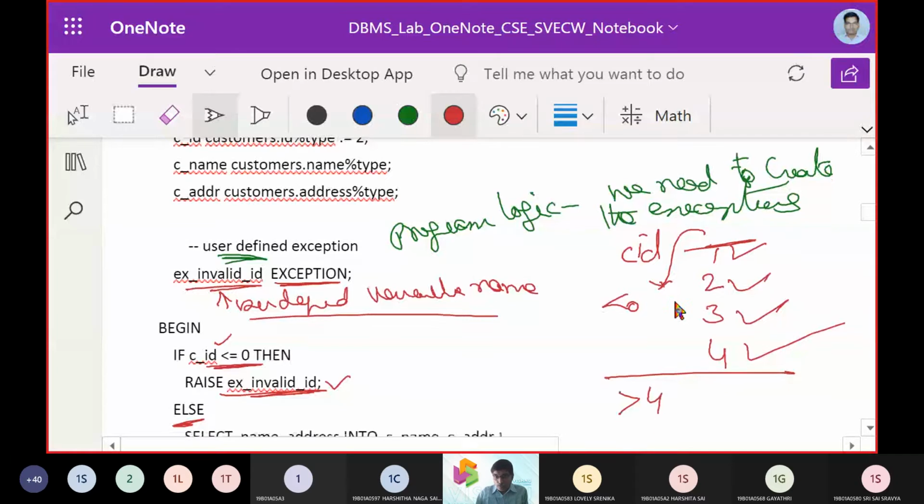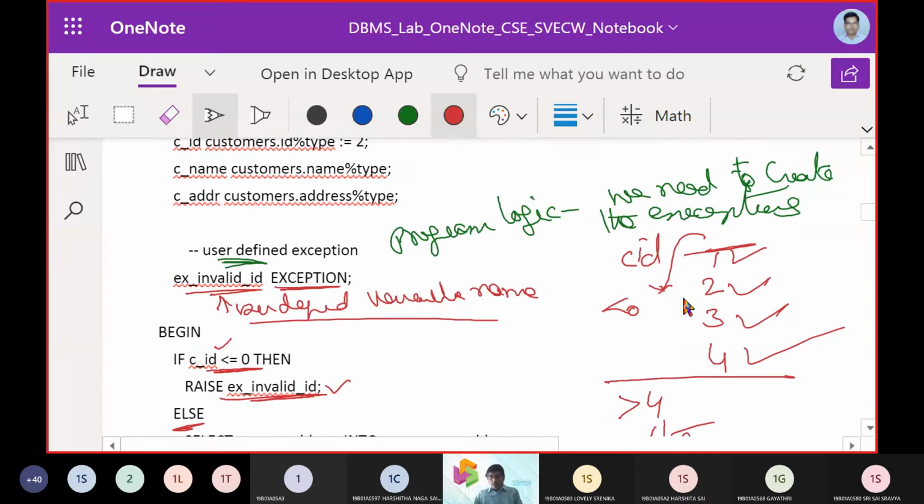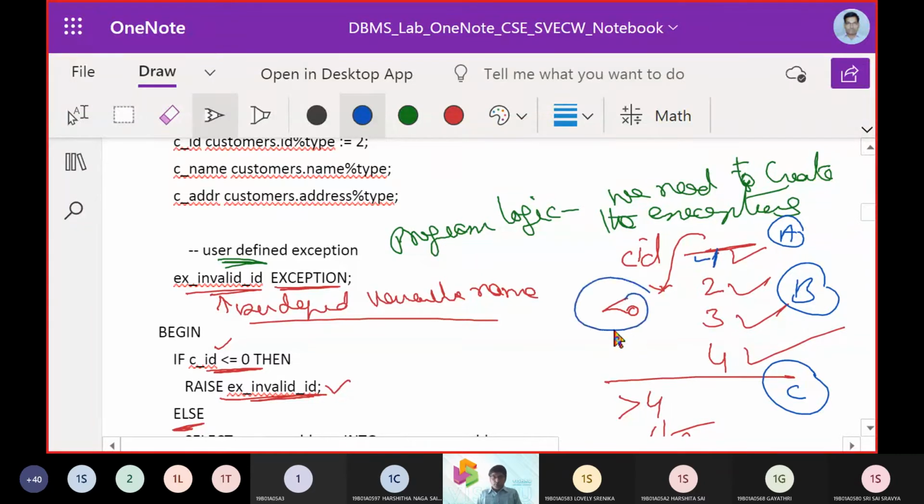Other than that, the table is completed. If it is greater than 4, then what should we say? No customer exists, right? So we are looking at three aspects here: condition number 1, condition number 2, condition number 3. That means less than 0, because we started with 1 here. So before 1 we may have negative numbers or numbers less than 0, and for that we have to verify. Next, all these items are going to be in the range because all the records exist.